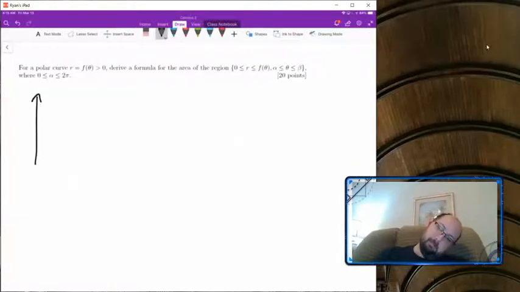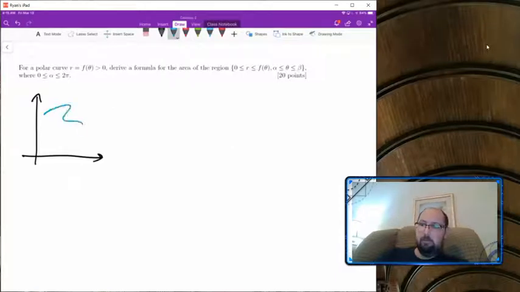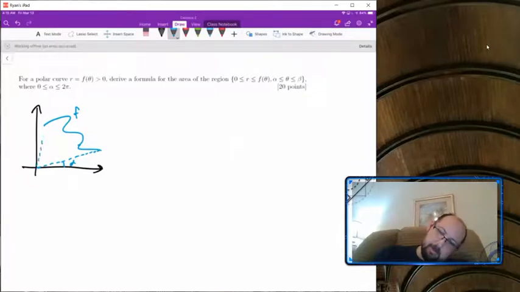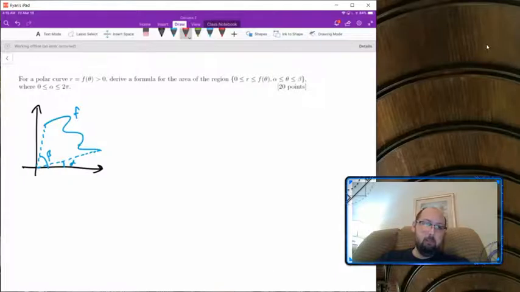So here, let's draw some arbitrary curve to represent f, and let's let the first piece of it be at angle alpha, and the second piece at angle beta. So our angles are between those two. If we want to integrate it, we somehow need to break it into small pieces. And the natural way to do it is to